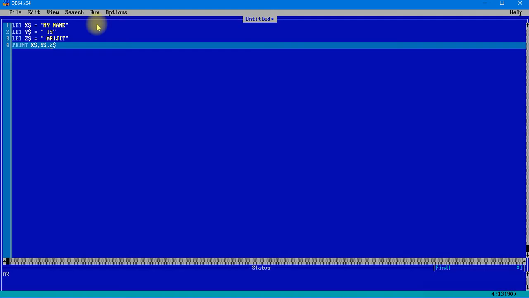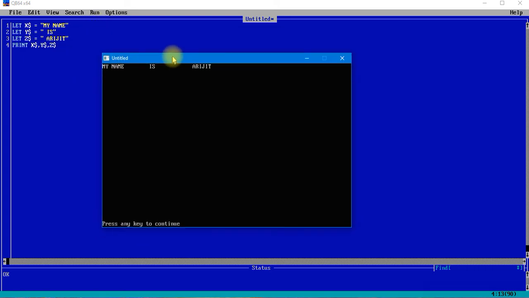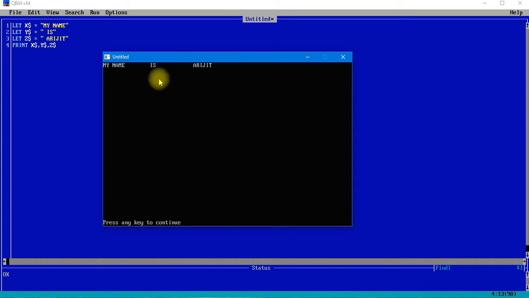As I was saying, the program is taking time because every time we are editing the program, the executable has to be created newly. Otherwise, if we had just created the executable file and run that file multiple times, it would not take this much time. So as you can see, my name is a variable, then I've given comma, y$ is, and this is z$. If you print with comma, there will be a lot of space in between the variables.